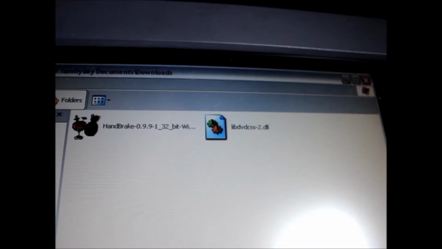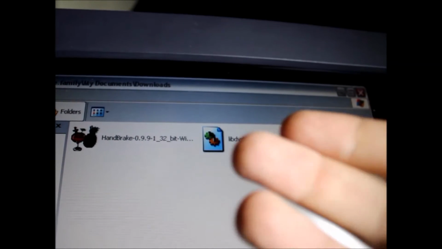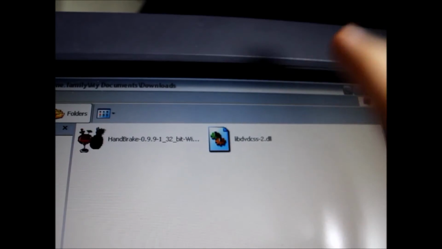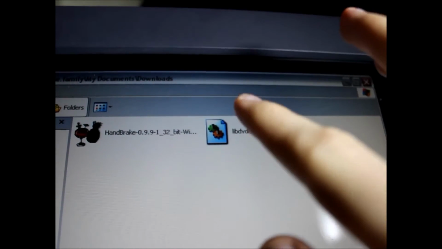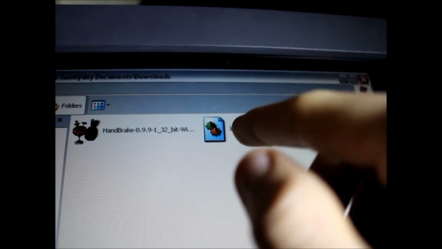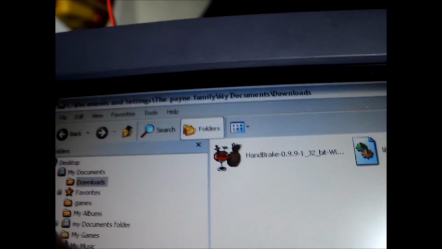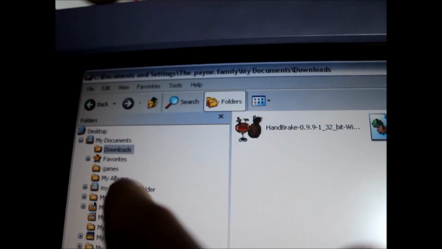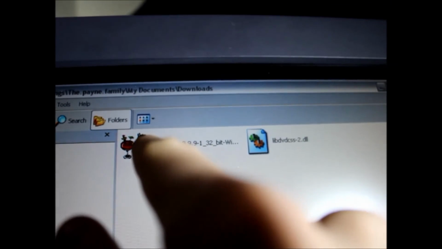So that's all you do, just download and copy it to the program file. Alright, so before we do a copy and paste and all that stuff, once you download your setup file, so once you download Handbrake and the script file into your default location, usually Downloads. So once you get Handbrake set up,